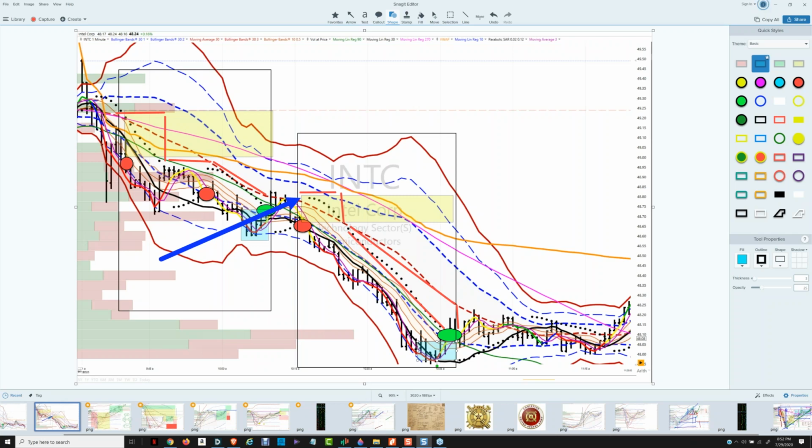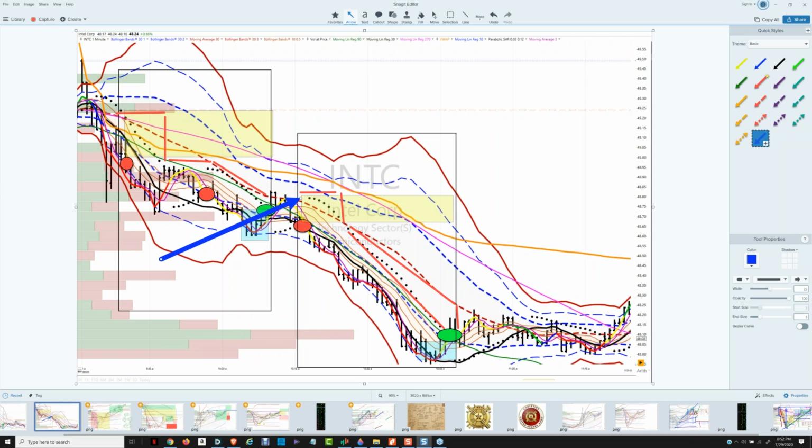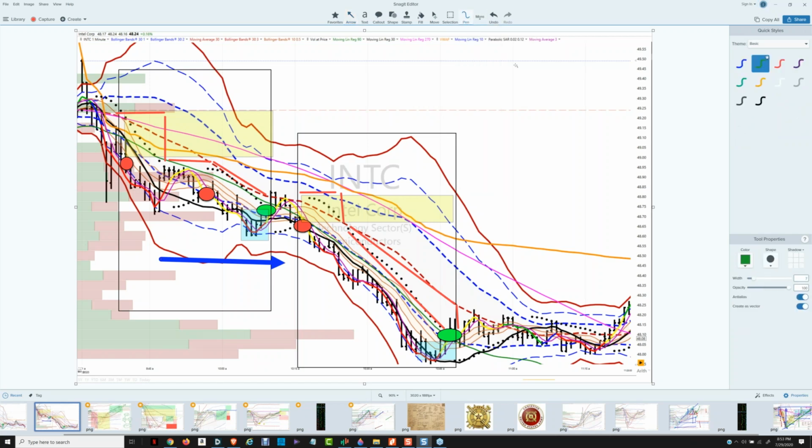So that was an opportunistic short in Intel, and that's a continuation pattern. So again, there's three sources of ideas for tomorrow's trade. One of them is continuation patterns. Second one is going to be like the old reliables, so that's like frog champions. And then there's going to be new signals.